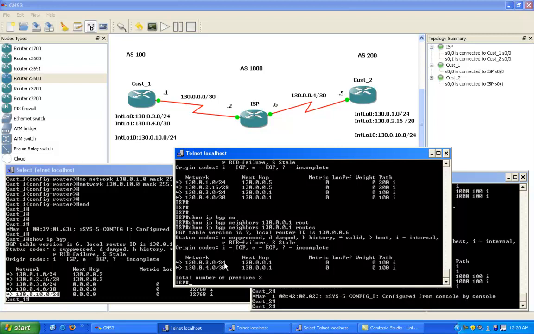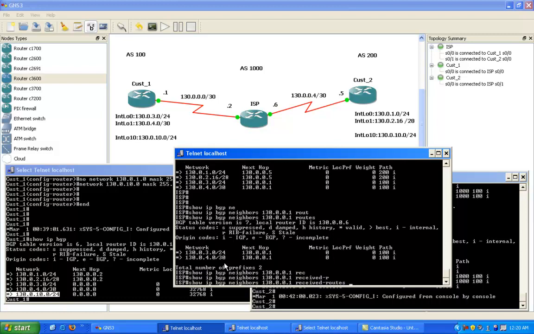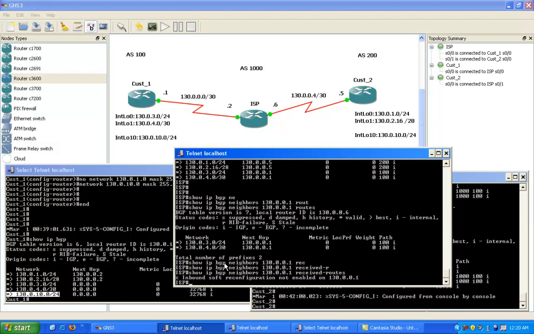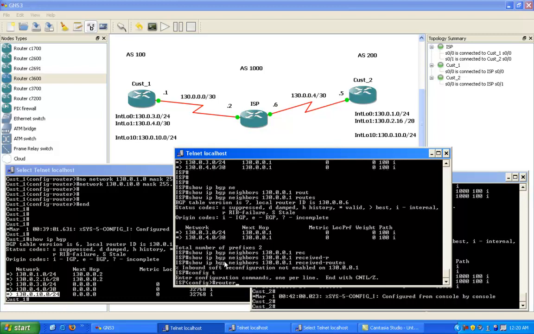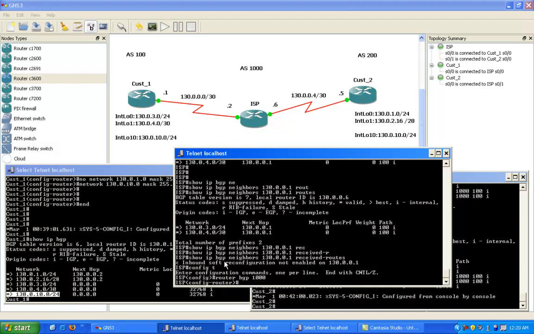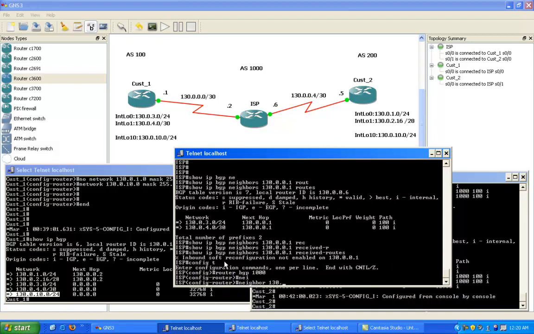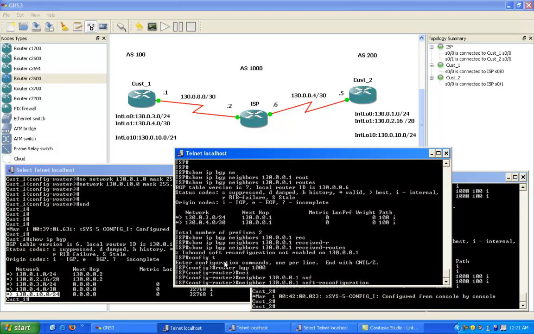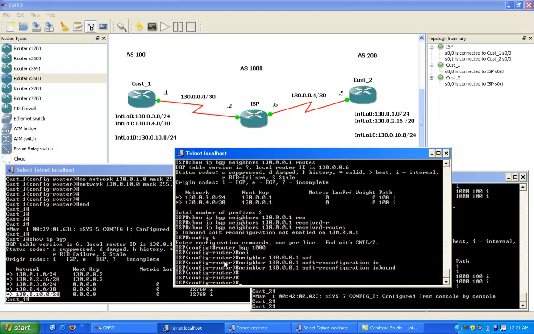We can also look at the routes before they become filtered on the ISP router. The same exact command, except instead of routes, we're going to put in received routes. So we're going to get this error that says inbound soft reconfiguration not enabled. Not a big deal. We'll go under router BGP 1000. We'll go under that neighbor, which is the customer 1 side, which is the .1, and we'll put in soft reconfiguration inbound. And we will also enable this for the customer 2 router while we are here